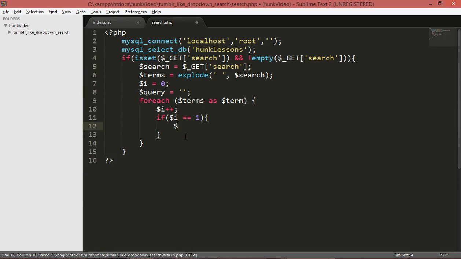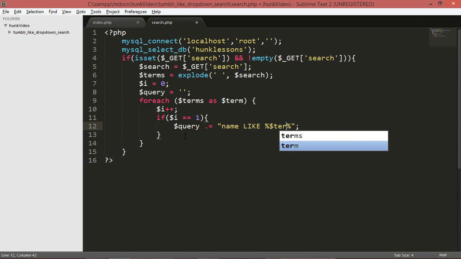Now we'll make the query variable, query .= we are appending to it. We are selecting it by name like %term%. Okay, that will be our query variable.